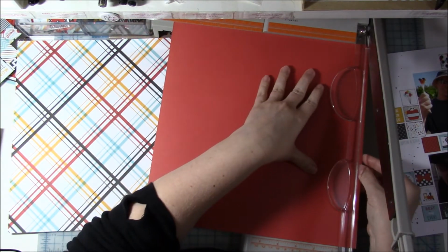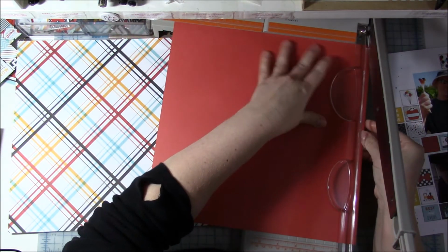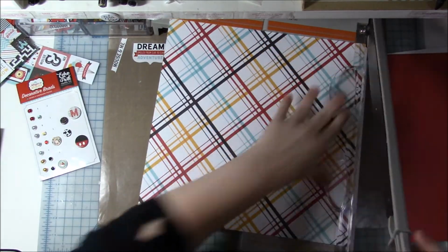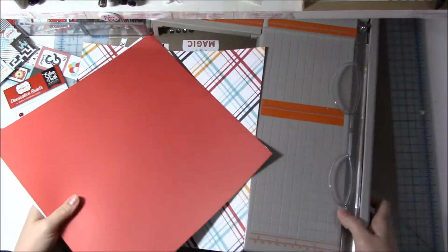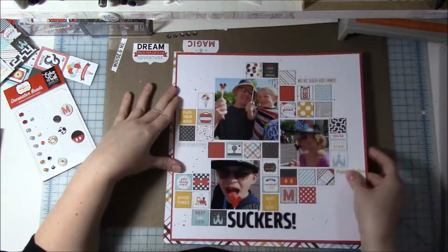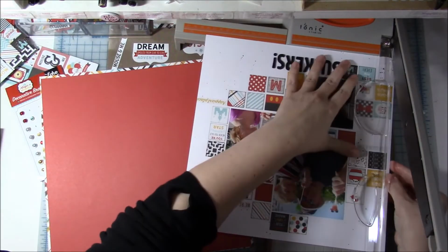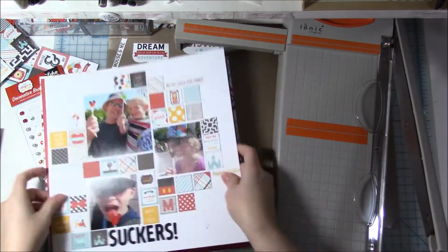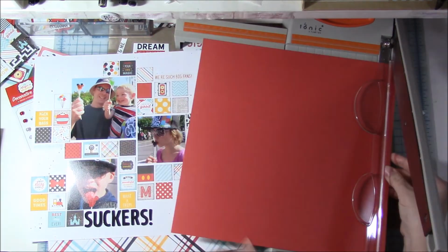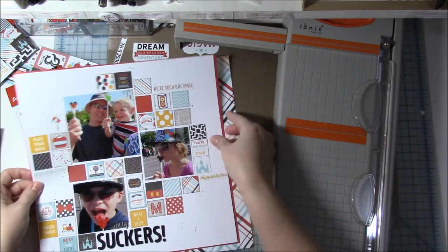There will be more reds. I have more reds if I need them, and there's more pattern paper out there, so I'm really not worried about it. And I think after this layout, I have one more Disney layout to do with this collection, and then I am going to be done with the Disney collection. I do have some videos that will be coming up of Disney layouts not using a Disney collection, if that makes any sense. I love the Disney collections, and I love the Mickey elements and all that, but well, goodness sakes,